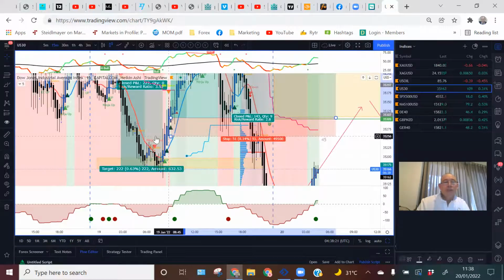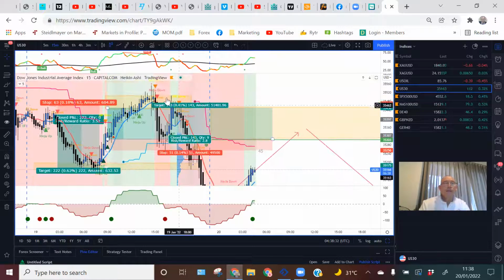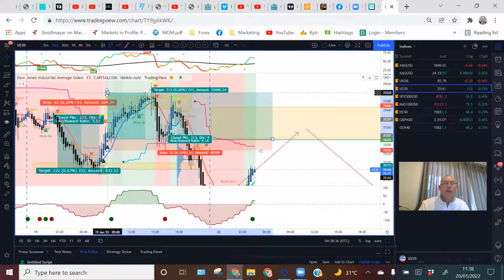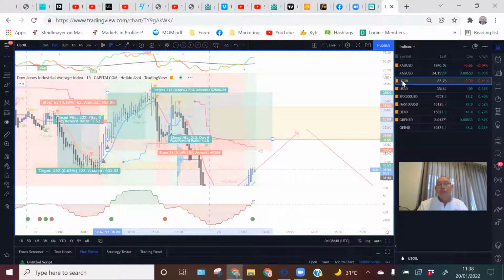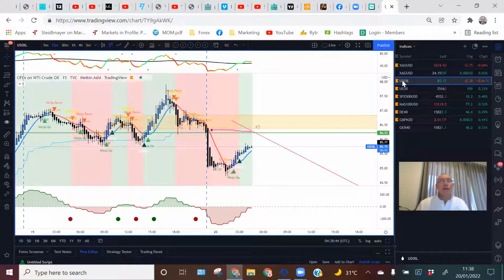Put it below there, ladies and gentlemen. Let's look at this. Here's your exit there or before, because it tells you there. See that? All up there. That matrix against it. Thank you very much. 4%, US oil. It's not hard, it's not difficult. Sometimes I have to remind myself